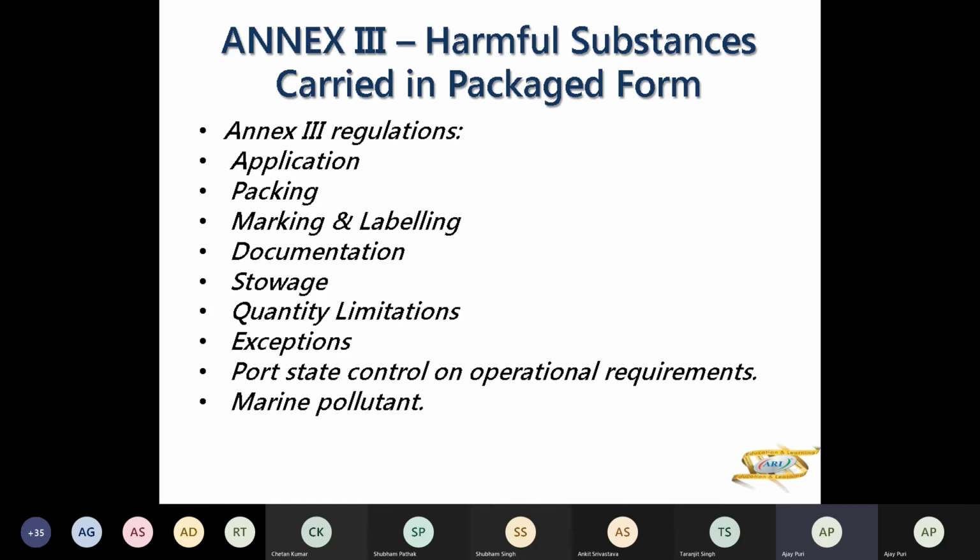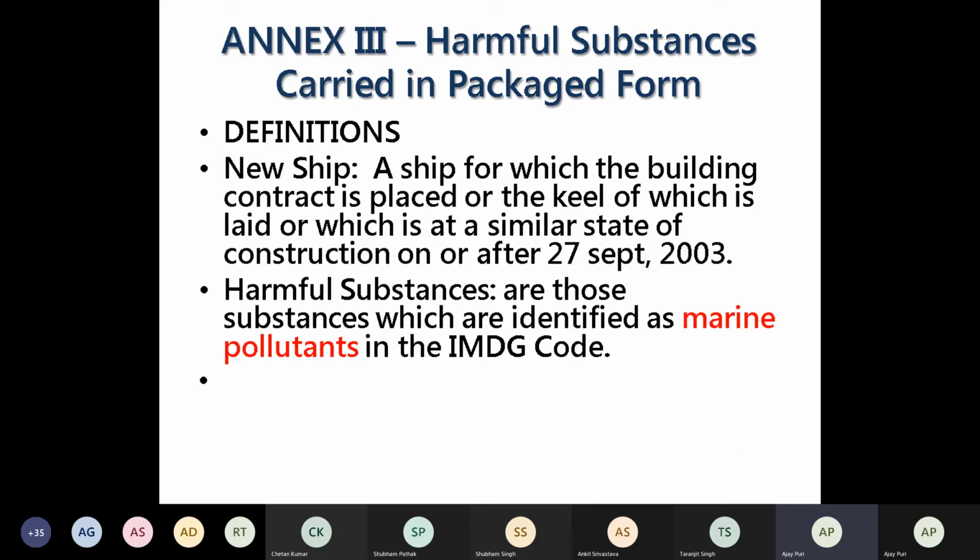Now Annex 3 will have regulations जिसमें आपका application, packing, marking, labeling, documentation, storage, quantity limitations, exceptions, port state control on operation requirement and marine pollutant, ये इसके पार्ट होंगे।